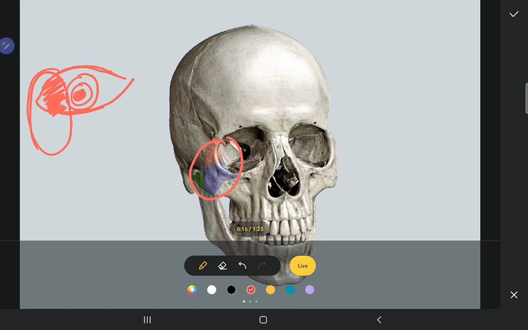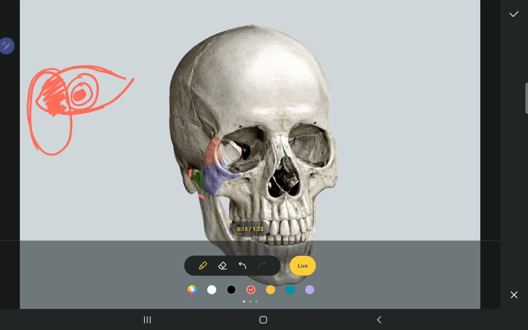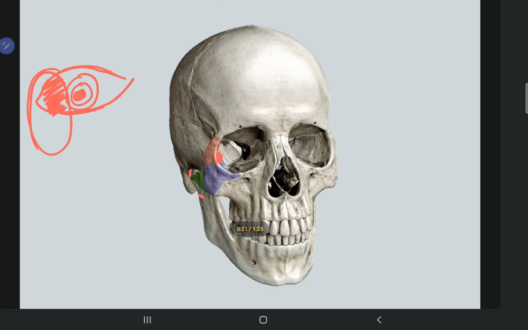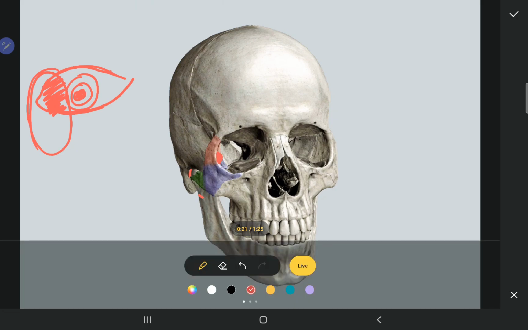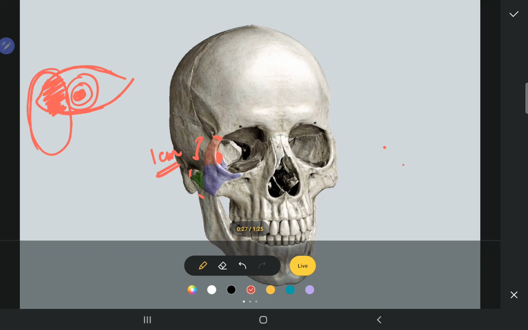So, and also one more thing I would like to add in here is that there is this Whitnell's tubercle. So, there is a Whitnell's tubercle over here, which is basically a bony protuberance, a bony tubercle in the orbit, in the lateral side of the orbit. So, if you see that there is this zygomaticofrontal suture or frontozygomatic suture, and below this suture we see this Whitnell's tubercle, say somewhere around 1 centimeter below the zygomaticofrontal suture, we see this tubercle.